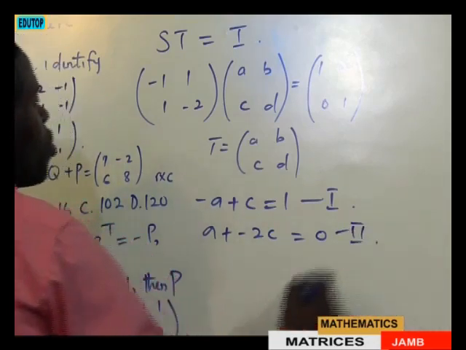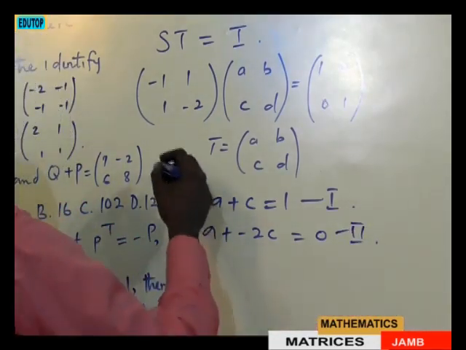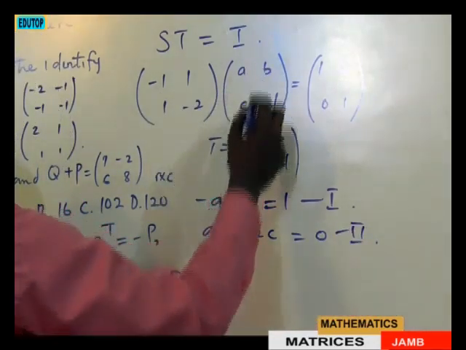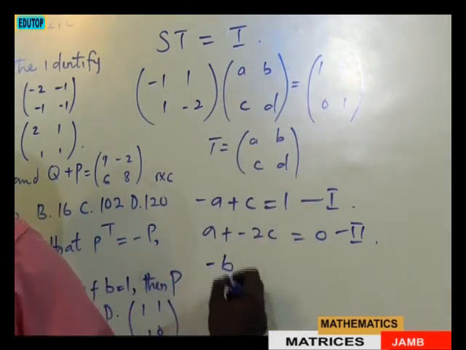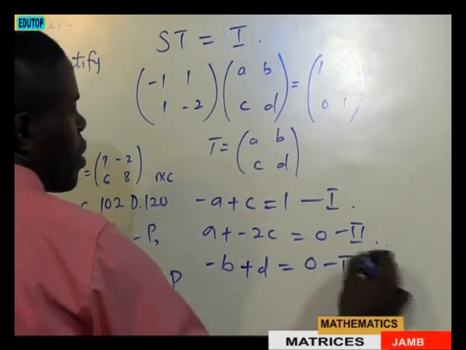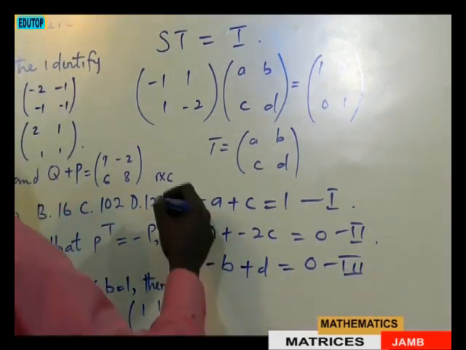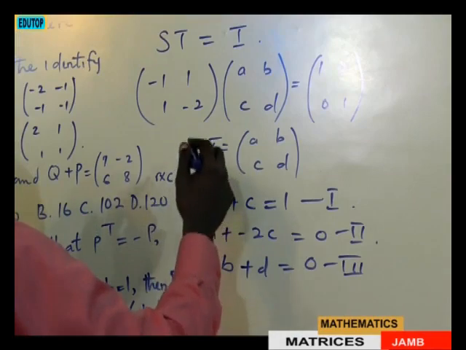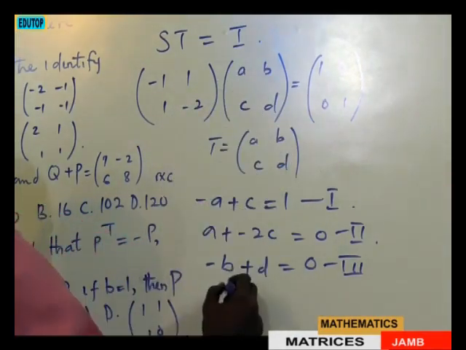Let's call this equation 2. Then this times this, minus B plus D, must be equal to 0. Let's call this equation 3. Then we have this times this, B